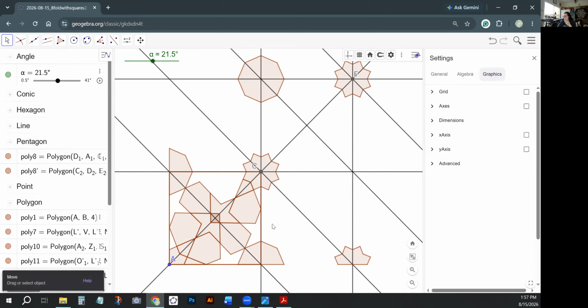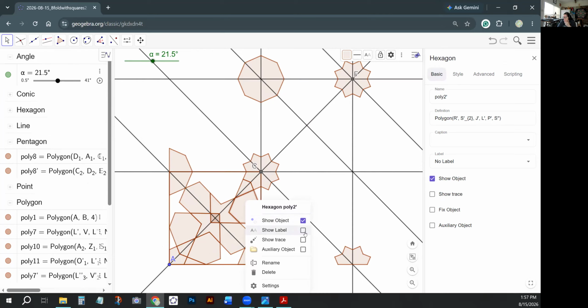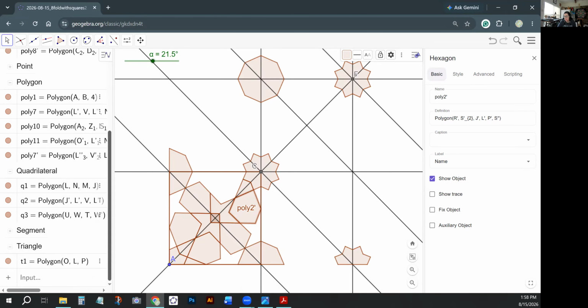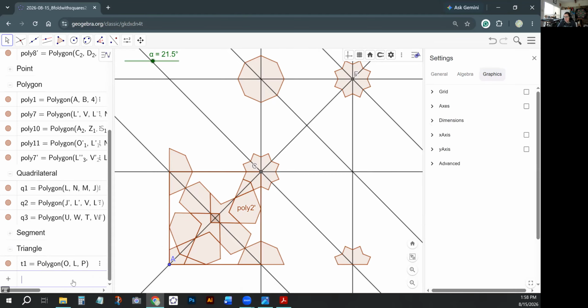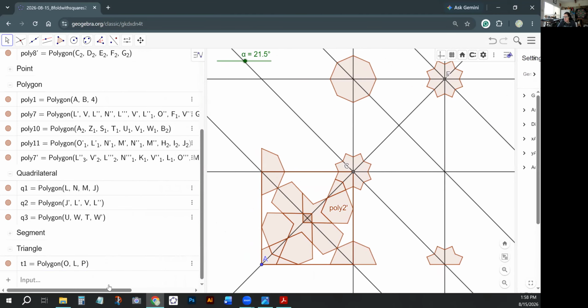So next, what I want to do is show some labels. The first polygon we're going to work with is poly 2. I'm going to create a sequence of rotations of poly 2 prime about point C by 1/8 of a circle, or 1/8 of 2 pi, which is the same as pi over 4. So what I'm going to do is type into my input bar,